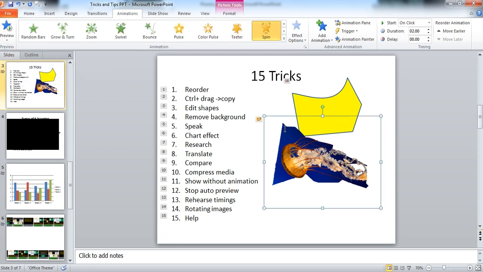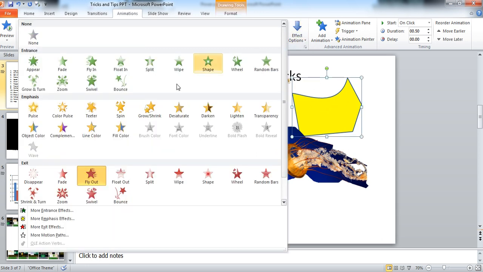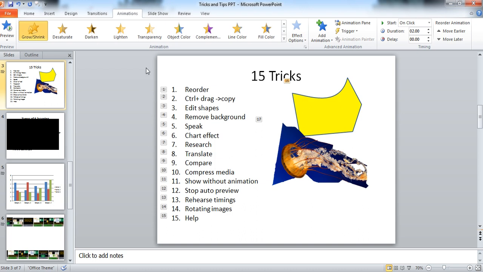Okay, so suppose you are applying an animation, suppose grow and shrink, then transparency. Okay, these animations are applied. Check by using this. Click on this Preview, then you can check.